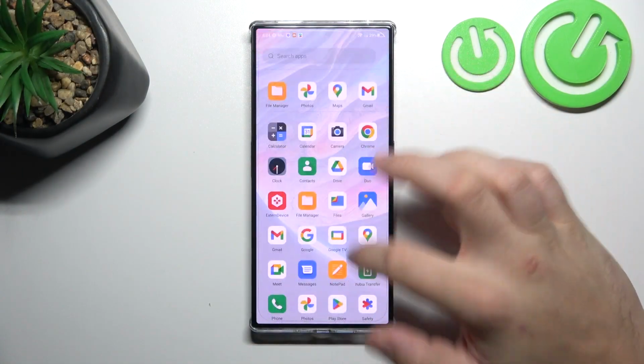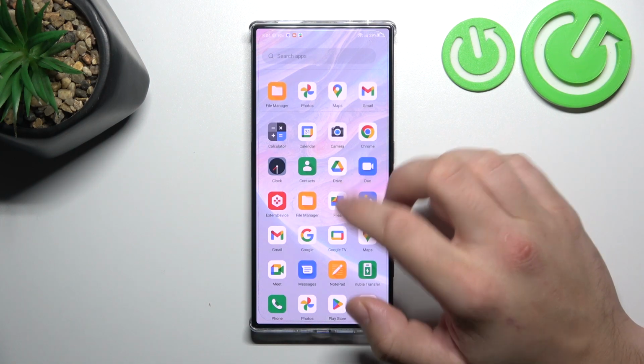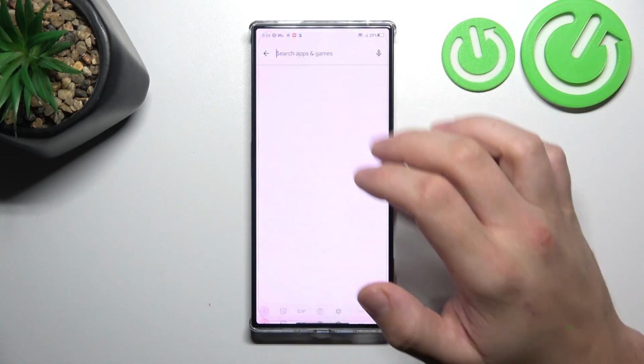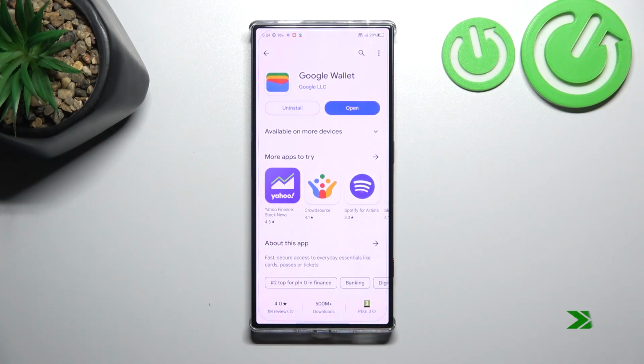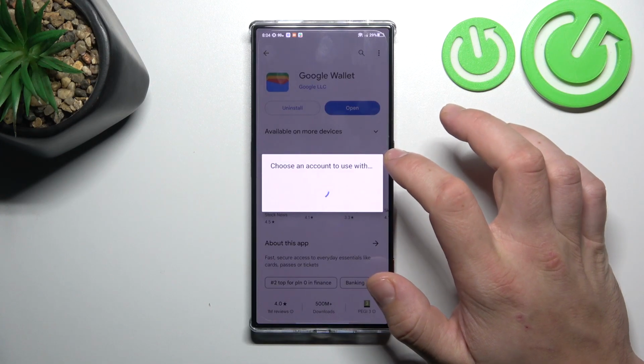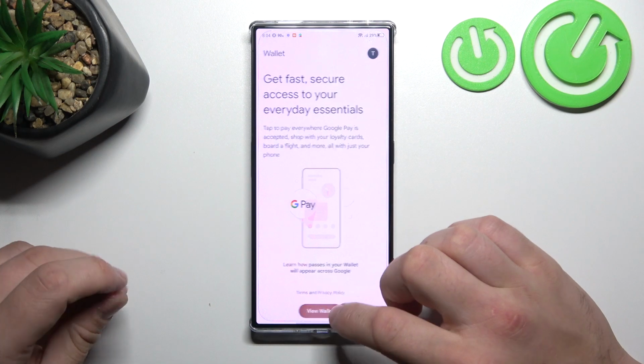In the beginning, let's go to Wallet, and if you don't have it installed, download it from Play Store. Open it. Tap View Wallet,